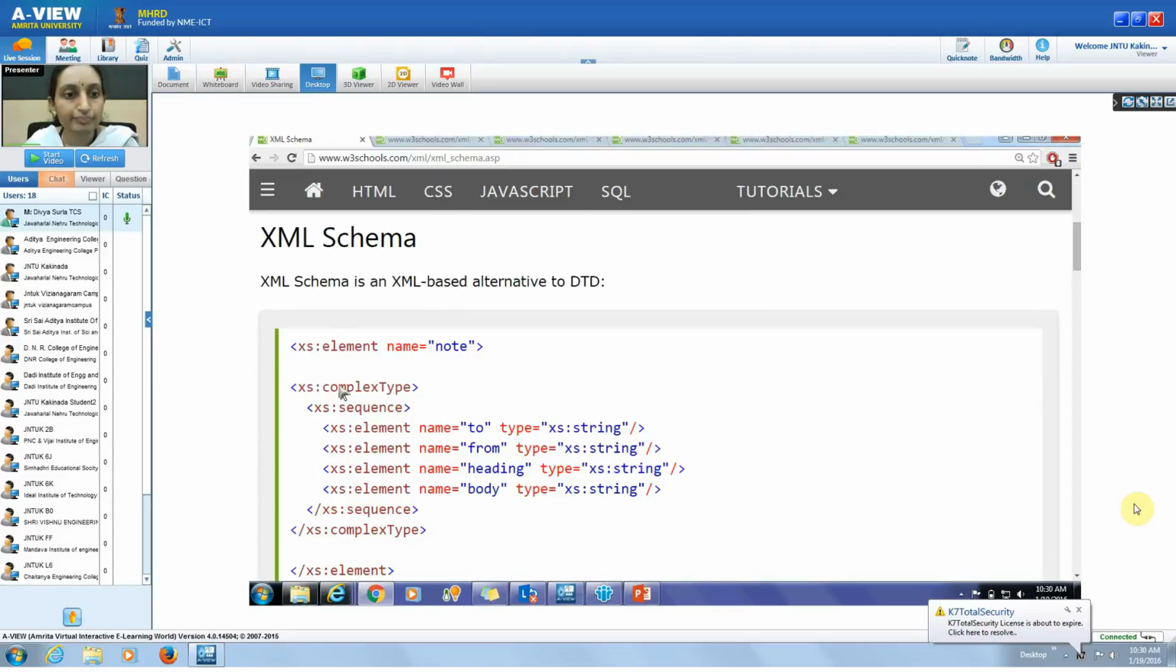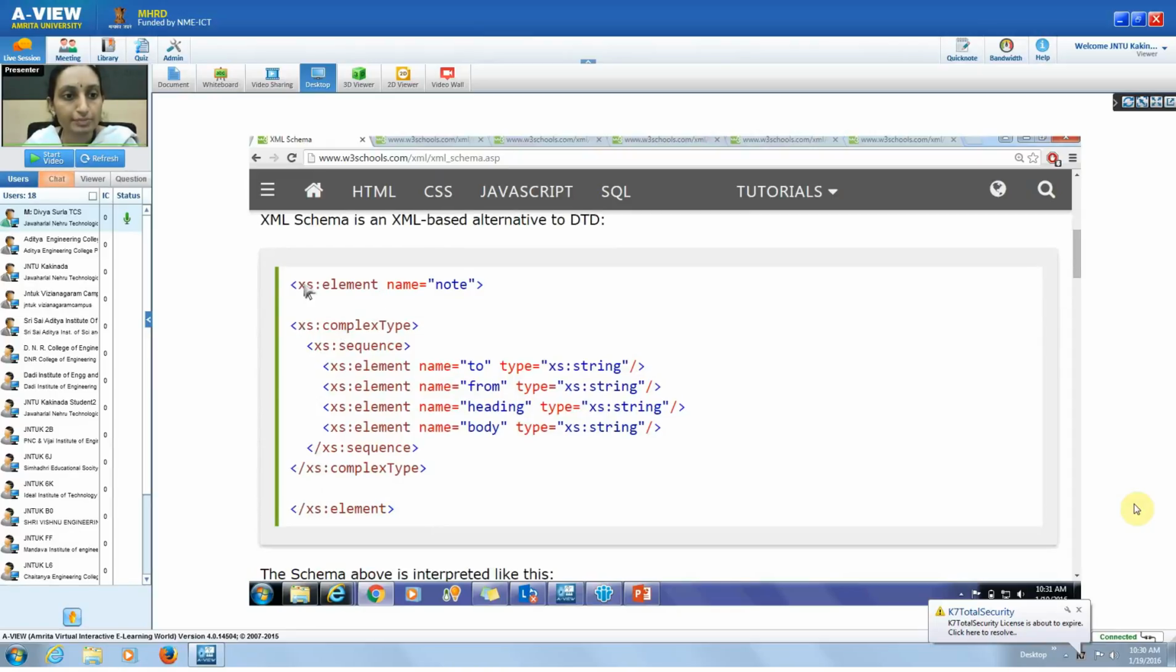XML based. Like DTD, you can have the namespace like this, xs, because if you have the same names, you can have the namespace conflict resolved using these prefixes. Okay,